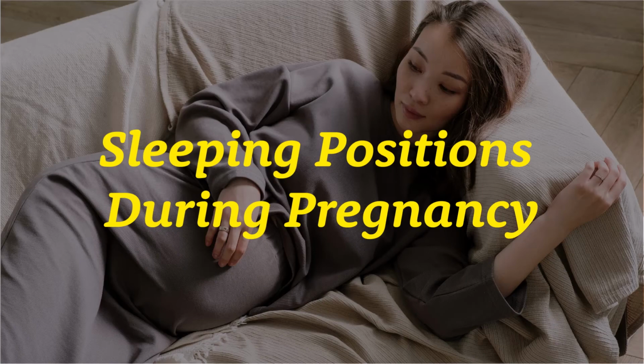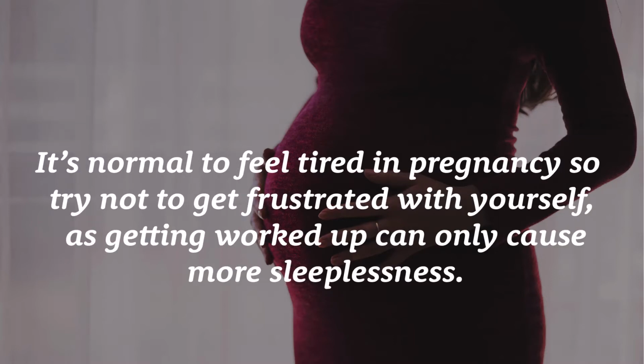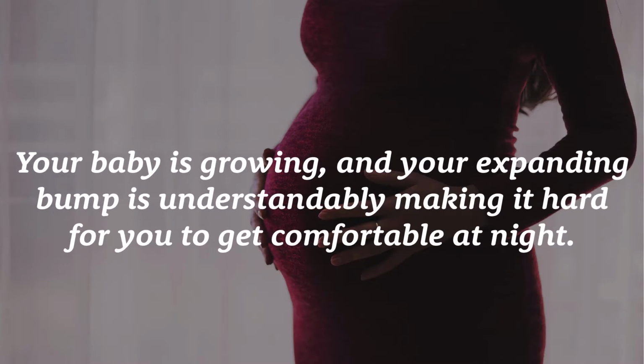Sleeping positions during pregnancy. From your growing bump to heartburn and a constantly full bladder, it can be harder to get an undisturbed night's sleep in pregnancy. It's normal to feel tired in pregnancy, so try not to get frustrated with yourself, as getting worked up can only cause more sleeplessness. Your baby is growing, and your expanding bump is understandably making it hard for you to